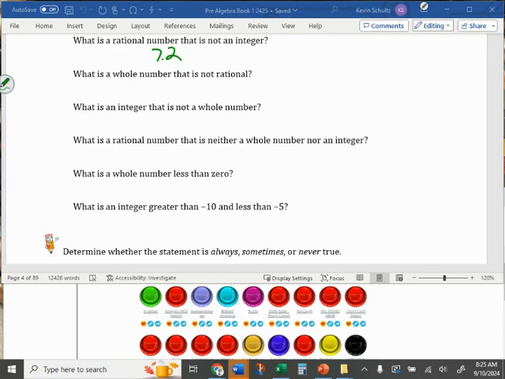2. 2 is rational because it's that positive non-decimal. Trick question, right? Trick question. Every whole number, I keep you on your toes. Every whole number